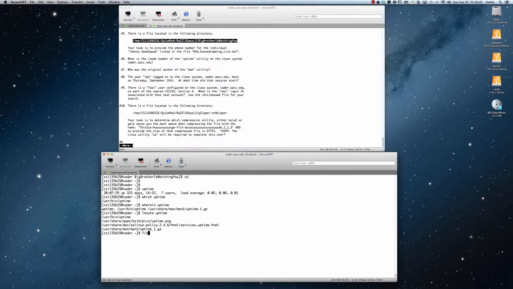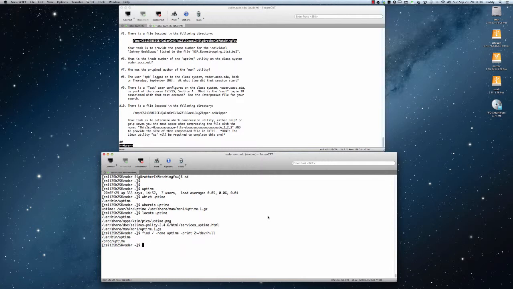Another command which is helpful, which I sometimes like to use, is find from the root directory the file named uptime, and then print that, and I send the output for any error messages to /dev/null because I don't want to see any error messages. And then you simply hit enter, and what that command will do is it will actually look at the entire file system from the root directory down into every directory into which I have permissions